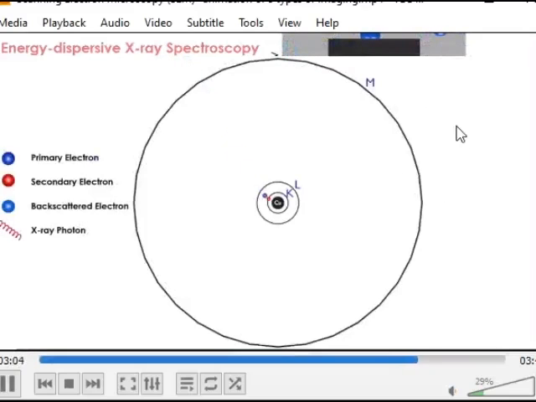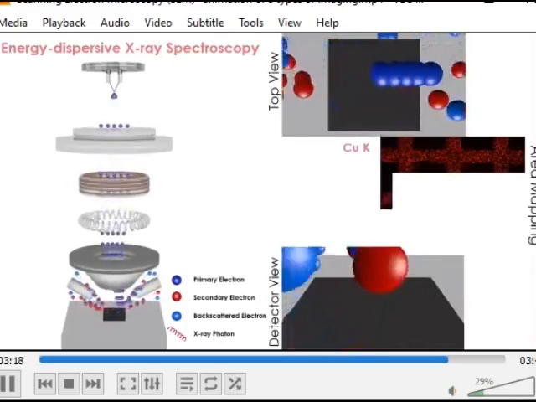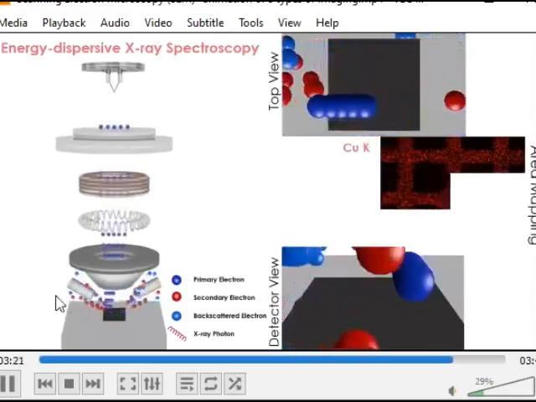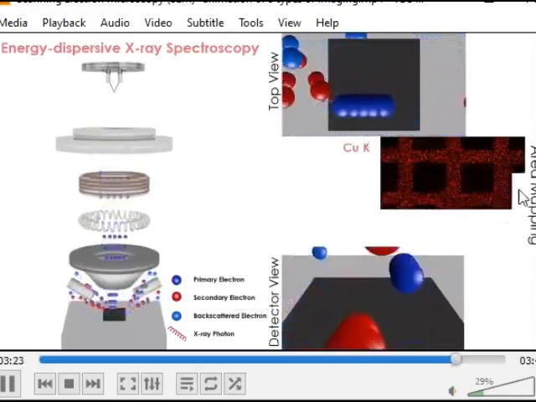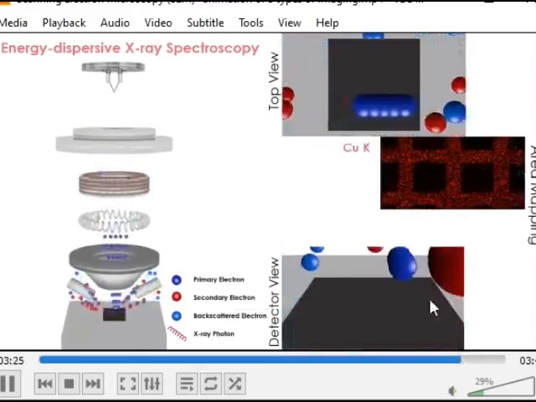When an electron comes and hits another electron of a particular element, that will change its path. Another electron comes and settles to the original position, or tries to settle to its original position. Internally, it emits an X-ray that is detected by the X-ray detector, and in turn it generates an image like this.